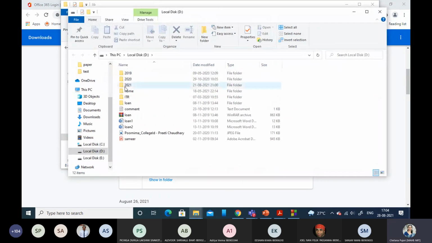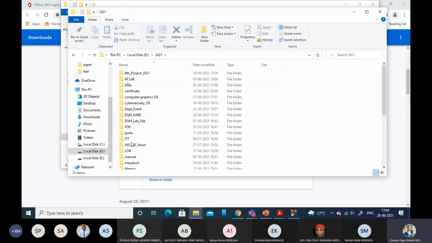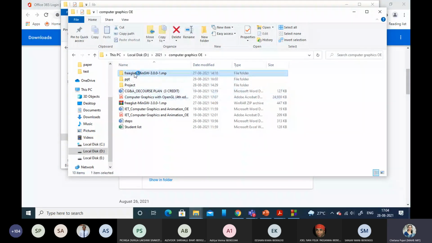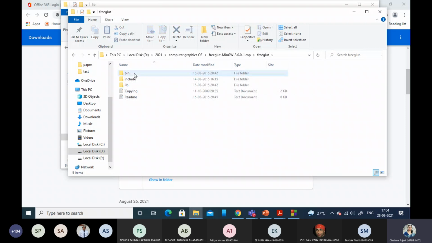From lib, you copied these two files, or from x64, depending on which operating system you are using. Once that is done, go to include.